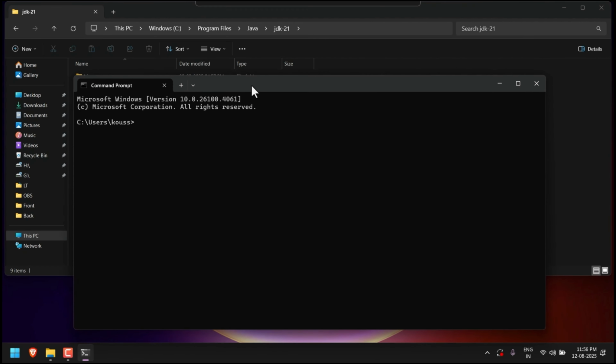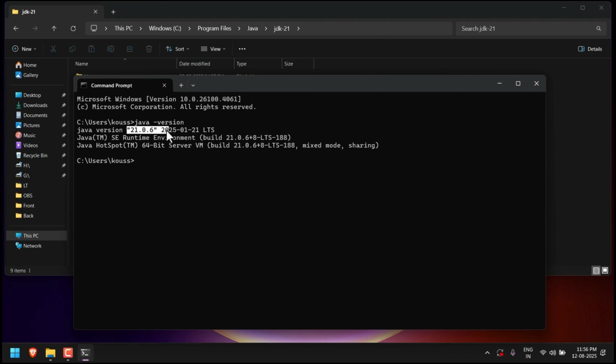Now go to your command prompt or Windows bash. Here I'm going to say java -version. Now I can see we have the JDK version, that is